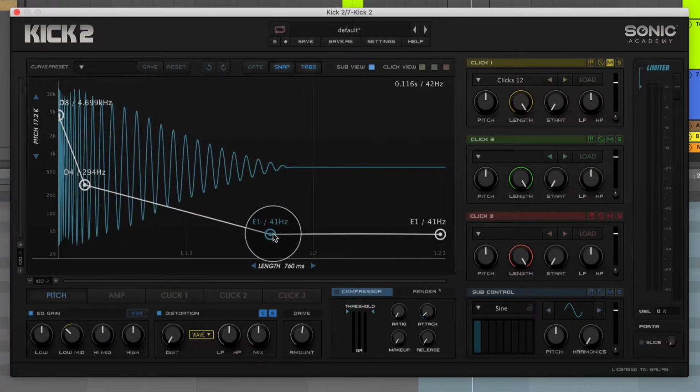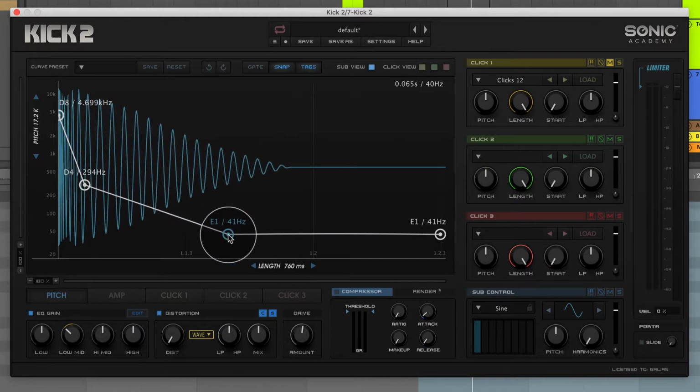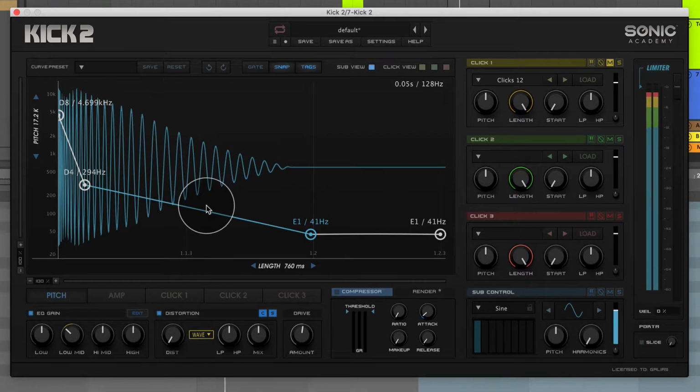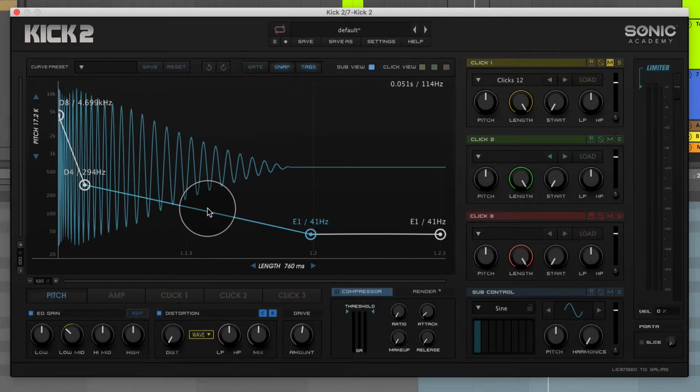So depending on how long you get the pitch sweep to last in that frequency range, you're going to get either a weaker, less punchy kick or a thicker, more punchy kick. So if I extend this to the right, what it's doing is it's making the pitch sweep from 294 hertz down to 41 hertz take a longer amount of time. So because the frequencies stay there longer, you're going to get more punch. Hear how punchy that suddenly became compared to